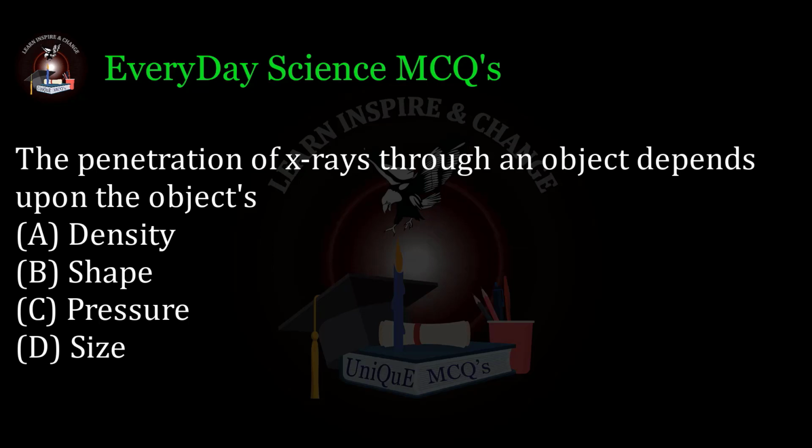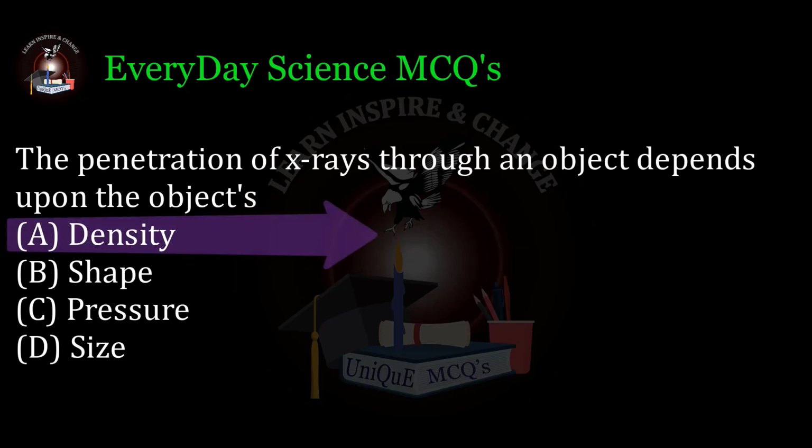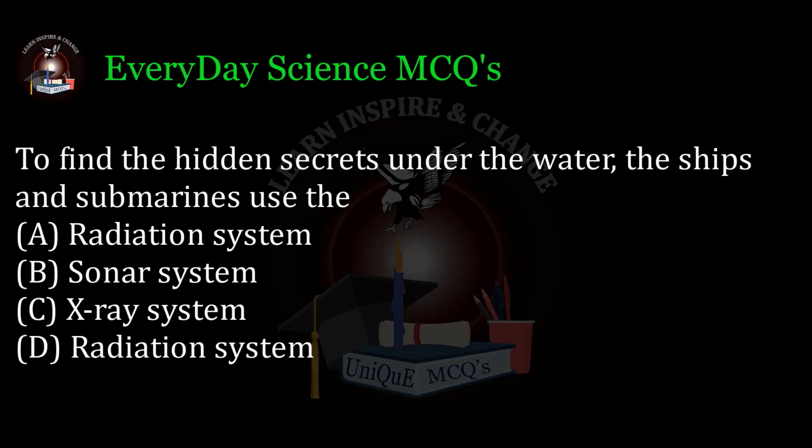A. Density, B. Shape, C. Pressure, D. Size. Correct answer A. To find the hidden secrets under the water, the ships and submarines use the A. Radiation system, B. Sonar system,